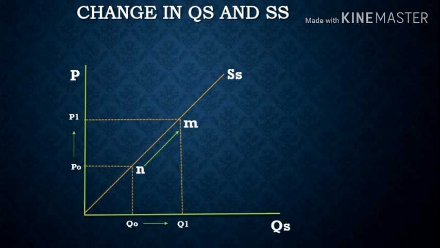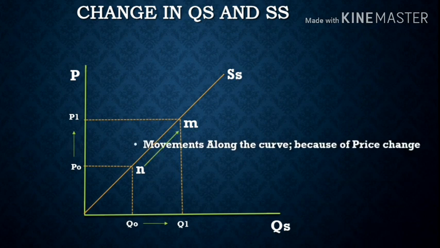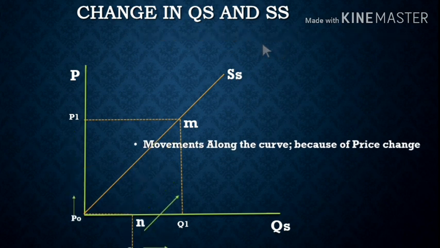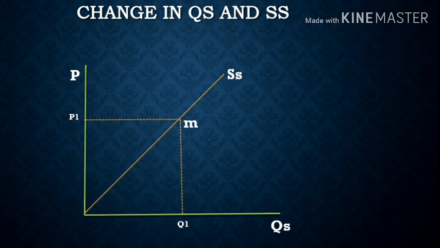so in detail በጽሁፍ ስናየው you see this movement from n to m is movement along the curve. what is the reason behind? it is because of a price change. price ስለተቀየረ ብቻ ነው ይሄ movement የተከሰተው ማለት ነው። okay so we call it change in quantity supplied እንለዋለን። change in quantity supplied ወይንም movements along the curve ብለን እንወስደዋለን ማለት ነው። now let's see another scenario which is a change in supply. supply ወይም ይሄ ከርቡ affect የሚደረገው is because of other determinants of supply እንጂ በፕራይስ ምክንያት አለ። በፕራይስ ምክንያት ቀደም ያየነው